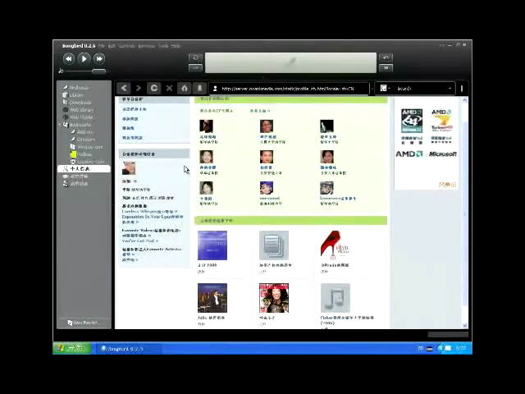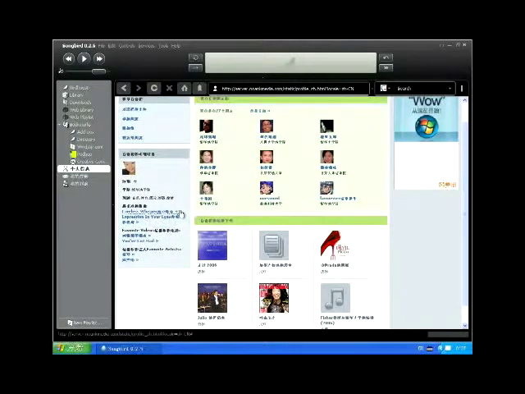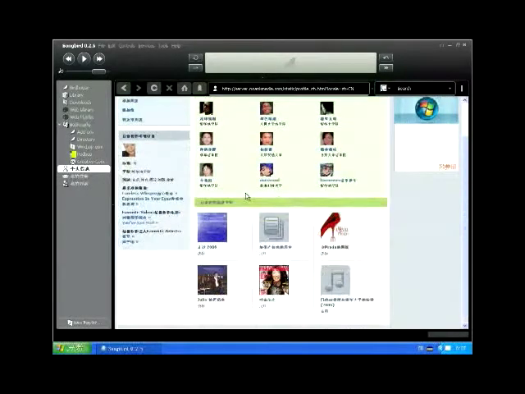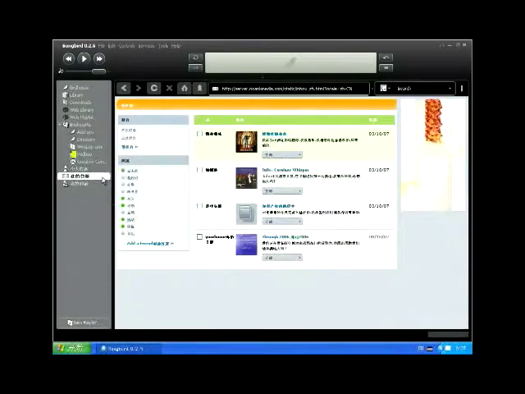This is the user profile page, and this user is named Lily. She's a college student at Tsinghua University in Beijing, and here she's listed some information about herself, her favorite music, favorite videos, favorite artists, and it's all a way of connecting with her friends who you see listed here, and acting as a tastemaker and also making recommendations. Down here she can list her latest downloads as a way to let her friends know what she's been up to.